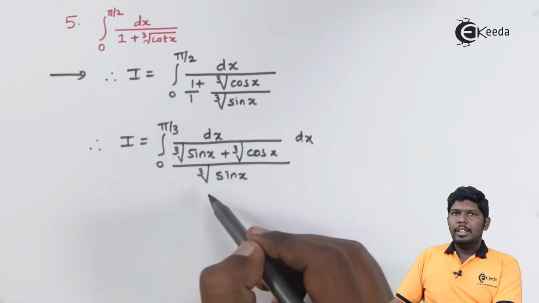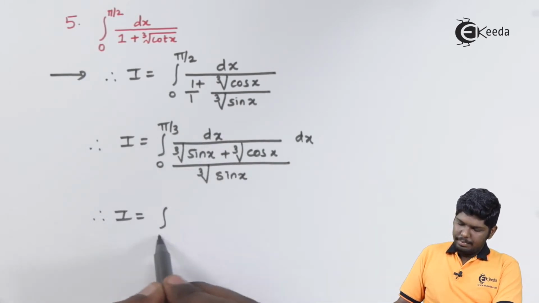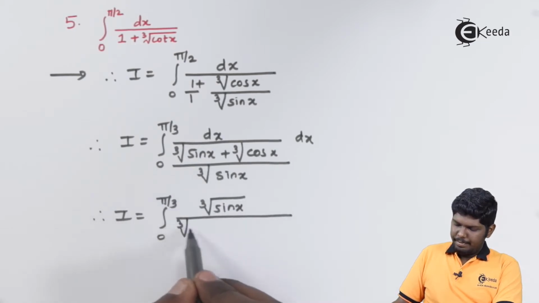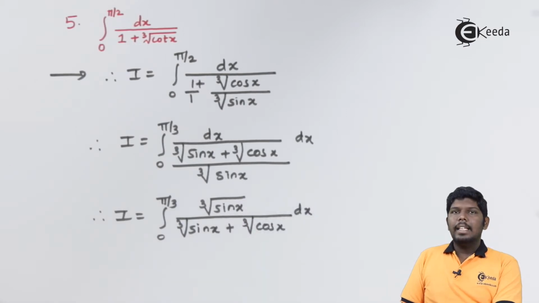Now let us take this cube root of sin x in the numerator. As our integral is now changed in terms of sine and cos, you can take it as equation number 1